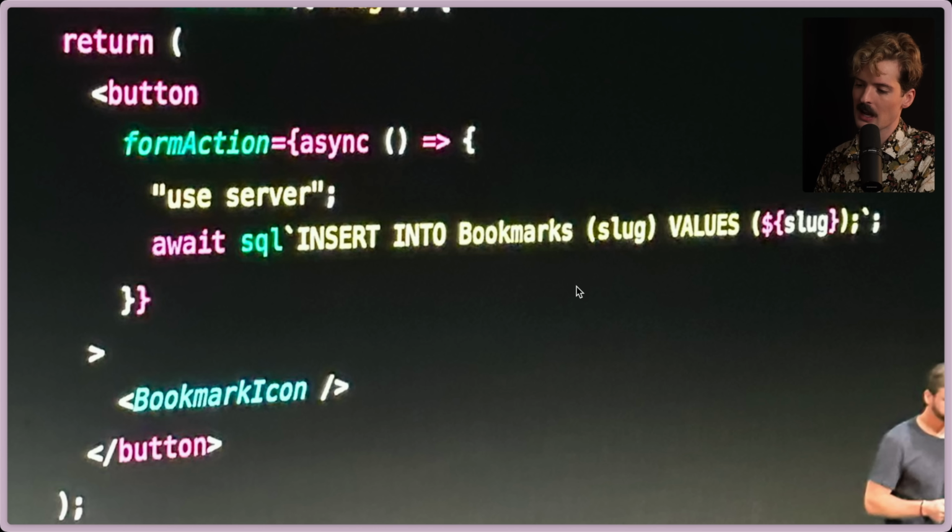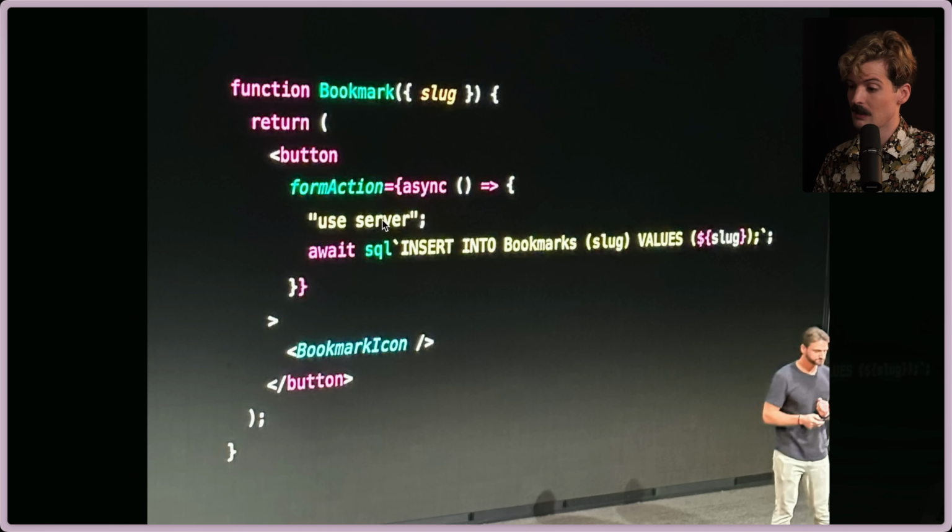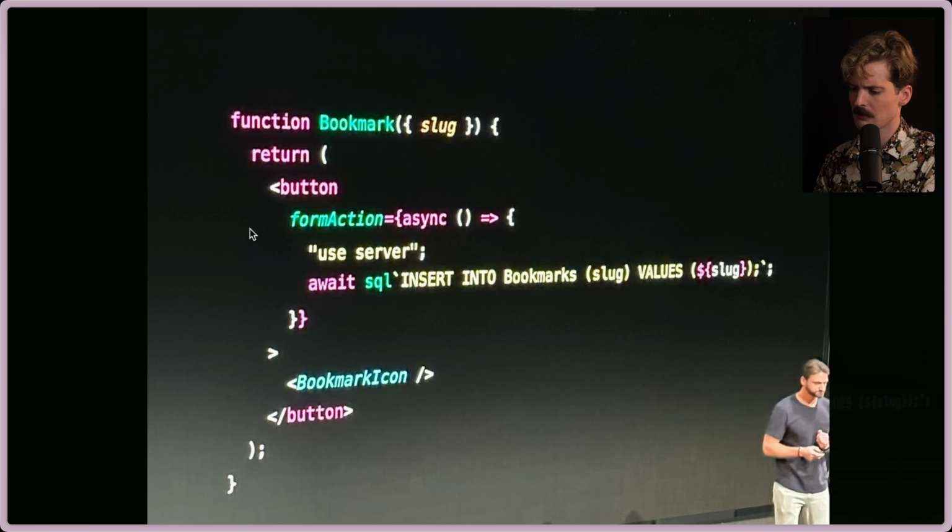So the two things people were freaking out about, which are the fact that this function runs on the client, doesn't do that. That's what useServer does. It means this is getting bound on the server and can be hit via post. And the await call here is totally fine too, because that string is indeed sanitized. So this is fine. As a button for doing bookmarks, there's nothing wrong here.